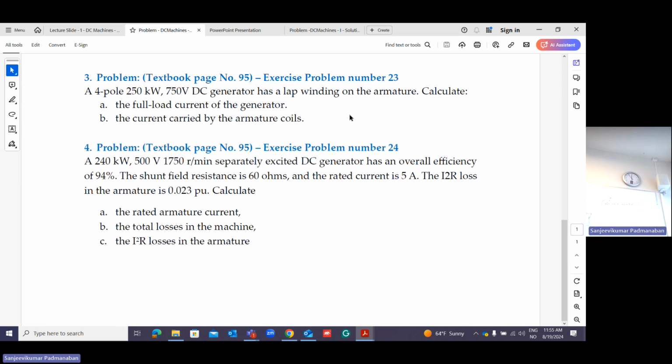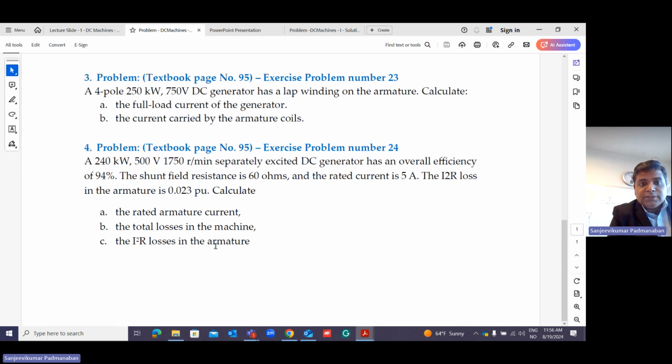Please note this is I square R power, so it was a typing error. There are three formulas for power. You know the basics, I believe. Power equals V into I, or I square R, or V square by R. Then the I square R loss in the armature is 0.023 per unit. Calculate the rated armature current, total losses in the machine,